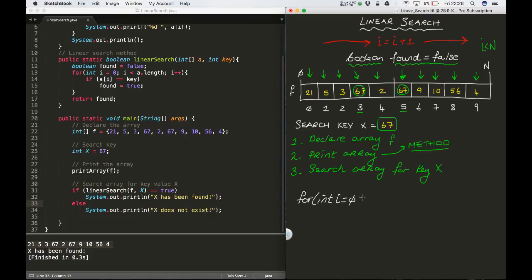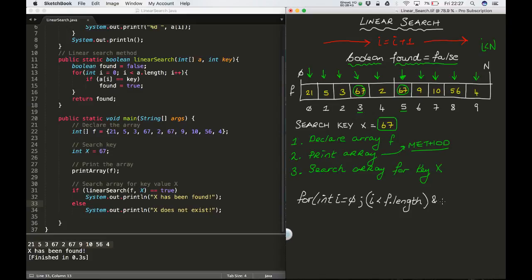We're still going to start at the beginning, and then we can say i less than f.length. That's kind of critically important. Okay, so we can say i less than f.length